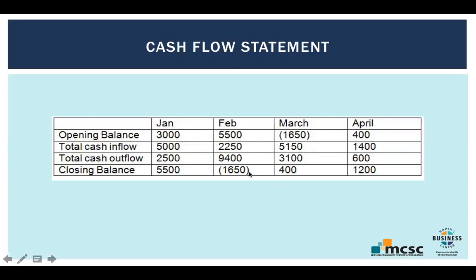So I ask you to think about what would it look like if you had a negative cash balance as a business in one particular month. We'll go into a couple of examples in a moment, but what this tells me is something hit a loan or a credit card, because unless you have the cash to cover this outflow, you're paying for some sort of expense, you're buying something during that month, money is going out of the business and you're left with less cash, unless you have a resource. So if you only have $5,500 and you have to spend $9,400 to run the business, you need to cover this.